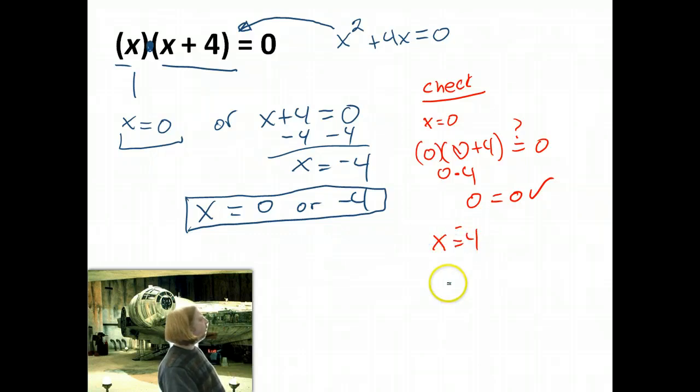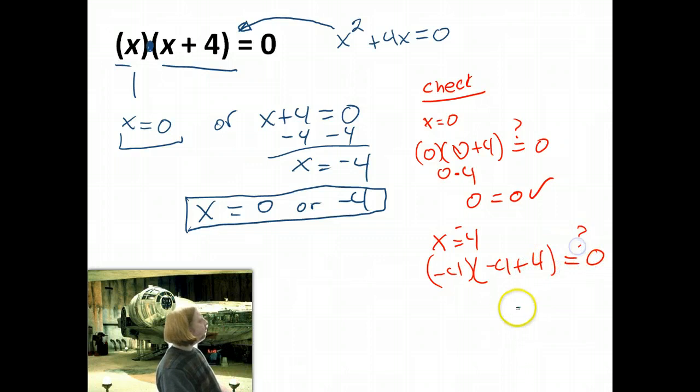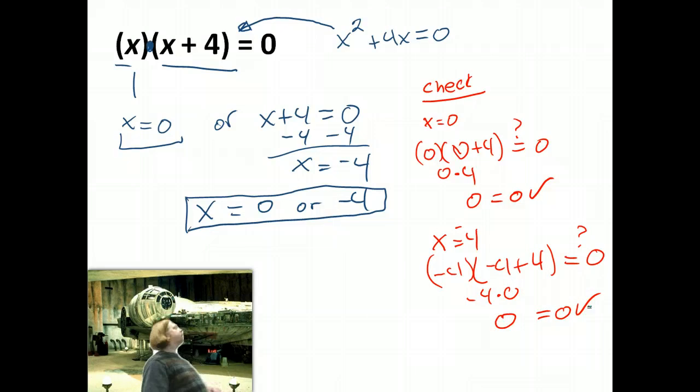And now we can check the other solution. Is negative 4 a solution? Well, negative 4 times (negative 4 plus 4). Does that equal 0? Let's see. Negative 4 times 0 is 0. So x is either 0 or negative 4. One of those two numbers makes this work. Do we have to